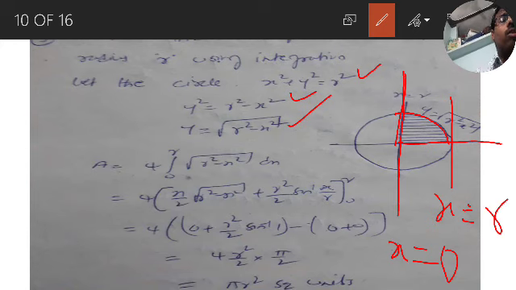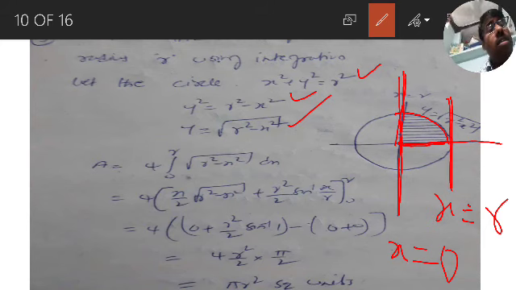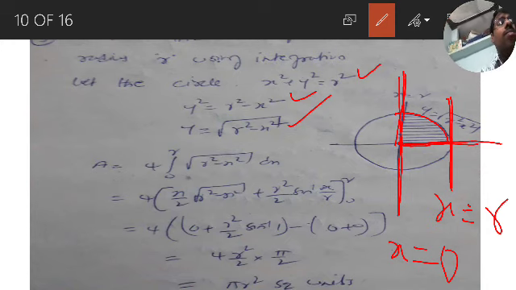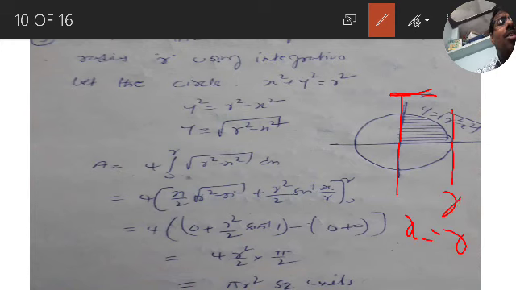The center is 0 comma 0, therefore this is x is equal to 0, the x value is 0. Okay. So this distance is radius r. Radius r means this is x is equal to r. So two lines are there and the x axis is there. I want to tell you once again. This is x is equal to 0 line, and this is the line x is equal to r line, because the radius is r.